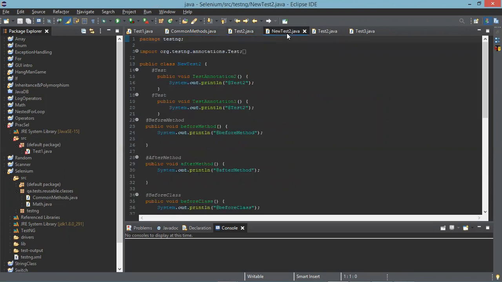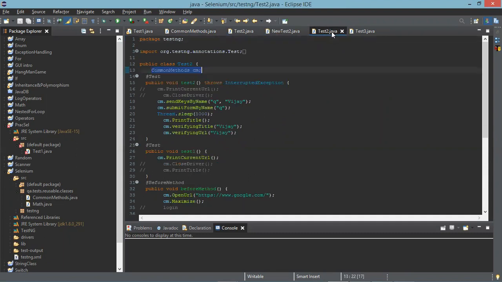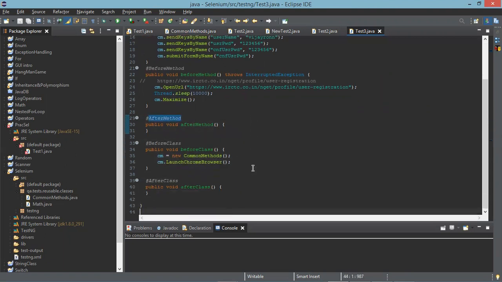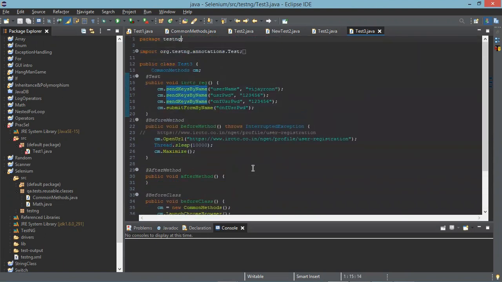No, with locators, I mean, have we done anything with the value, username field and all those things? Yeah, username and password we gave through the methods.